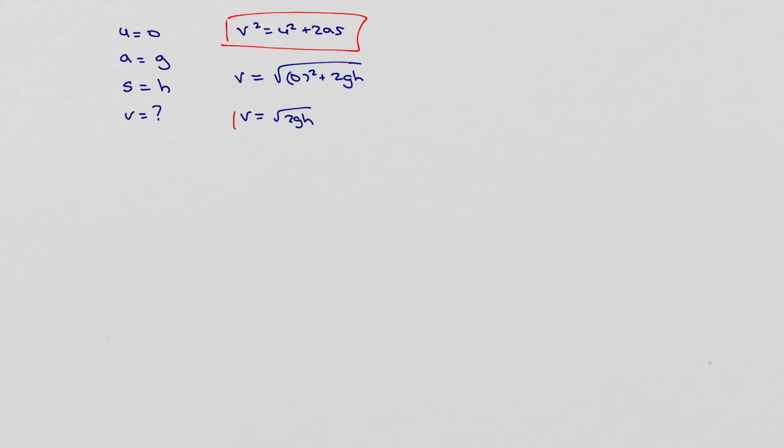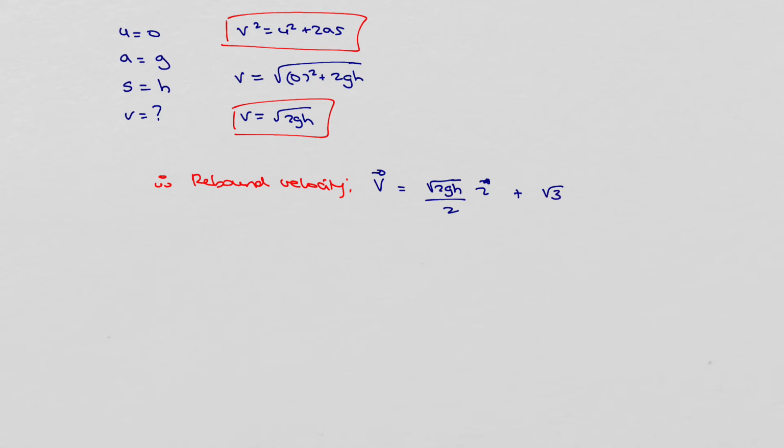If we simplify that, my rebound velocity has to be the square root of 2gh over 2 in the i direction, and the square root of